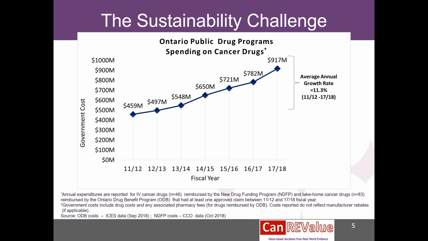On this slide, which is an Ontario-related slide, you can see that over a span from 2011-12 to 2017-18, in those 6-7 years, the total cancer drug budget has really skyrocketed, more than doubled. So the annual growth rate is more than 11%. We know that Canada's economy is not growing at that pace, and that simply suggests that if this trend continues, Canada just cannot afford to continue to pay, and therefore in the future there may be challenges with access.